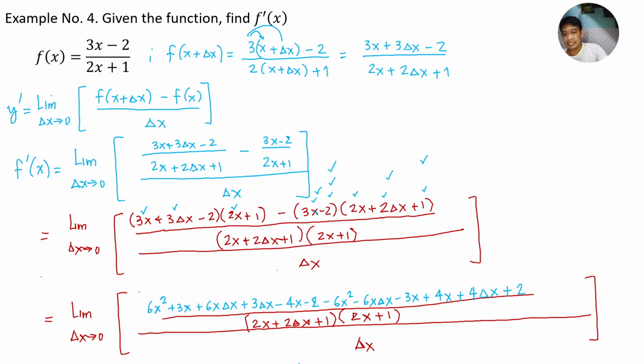Simplifying all, canceling muna natin lahat ng pwedeng i-cancel. Let us use another color. Let's say ito. 6x squared cancels out with 6x squared. This negative 4x cancels out with positive 4x. This positive 3x cancels out with negative 3x. This negative 2 cancels out with positive 2. And then we can combine this with this. So, ang matitira sa numerator ay